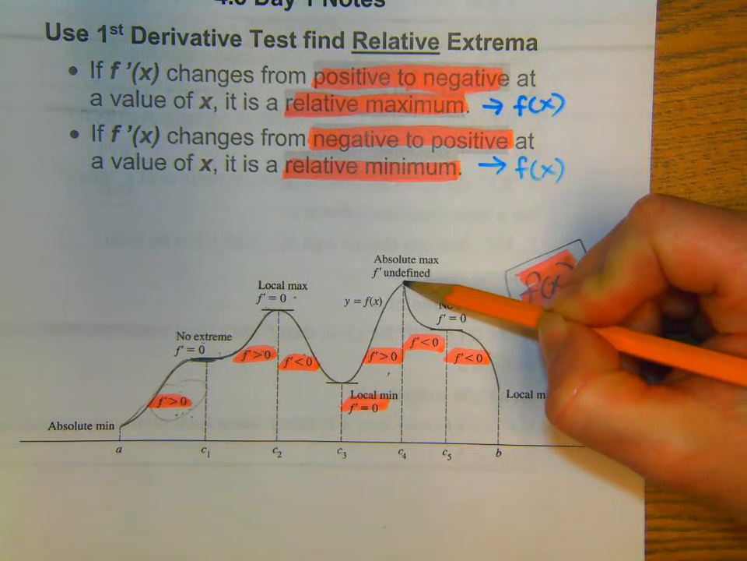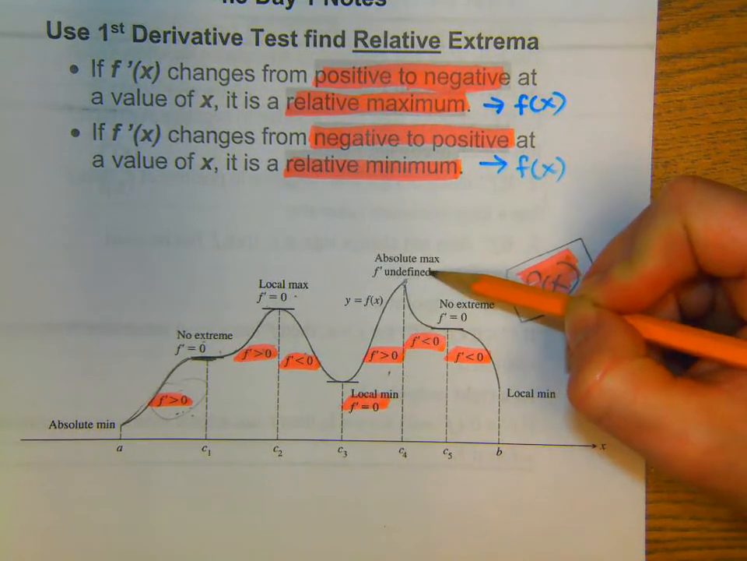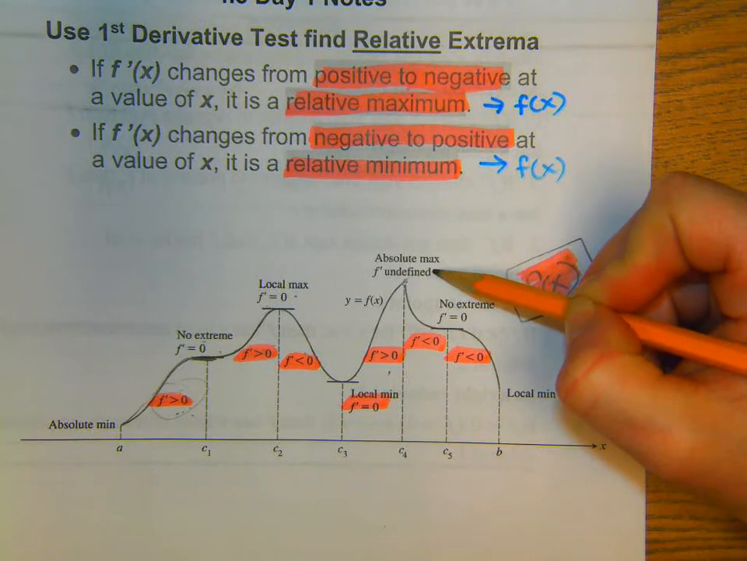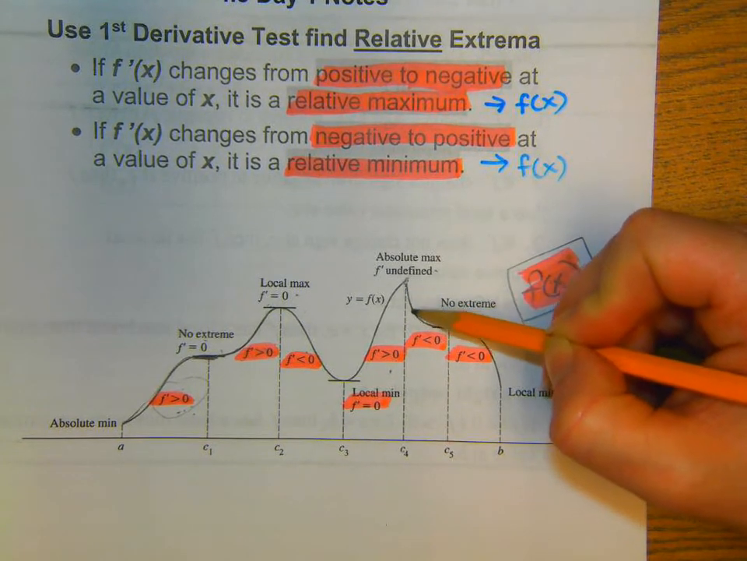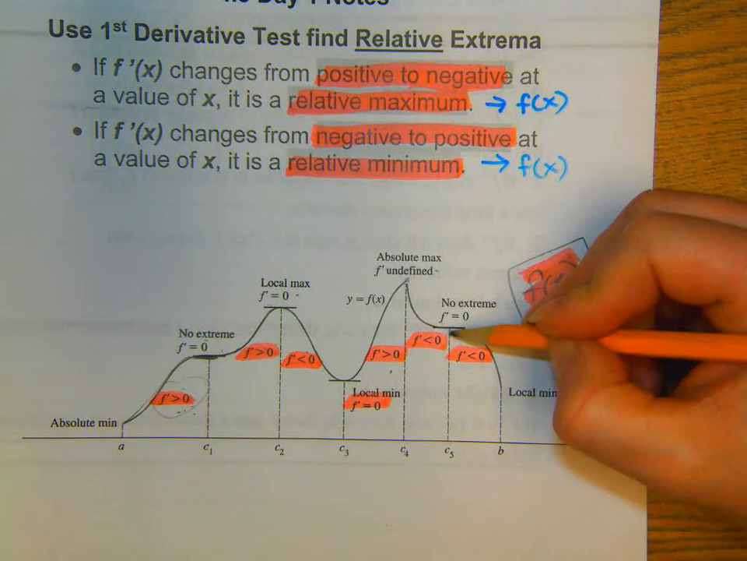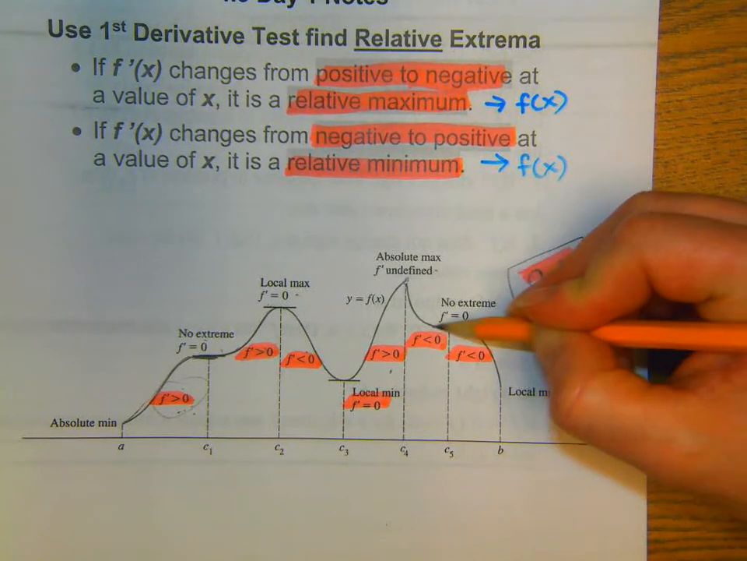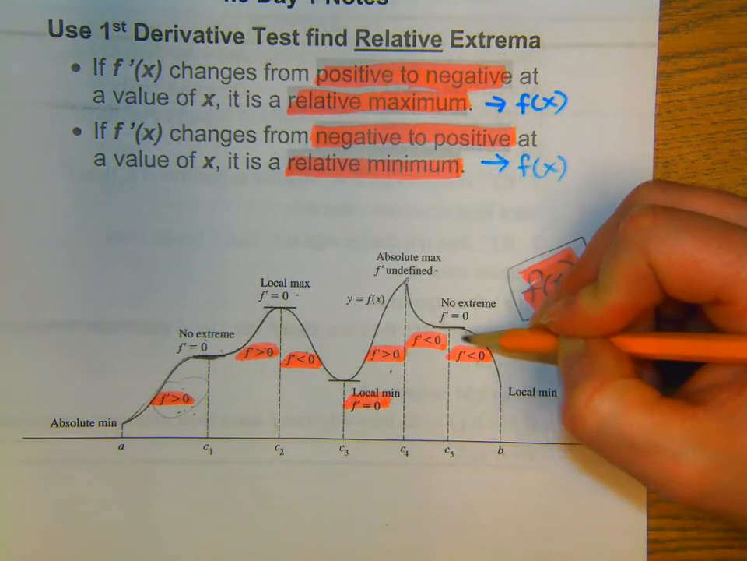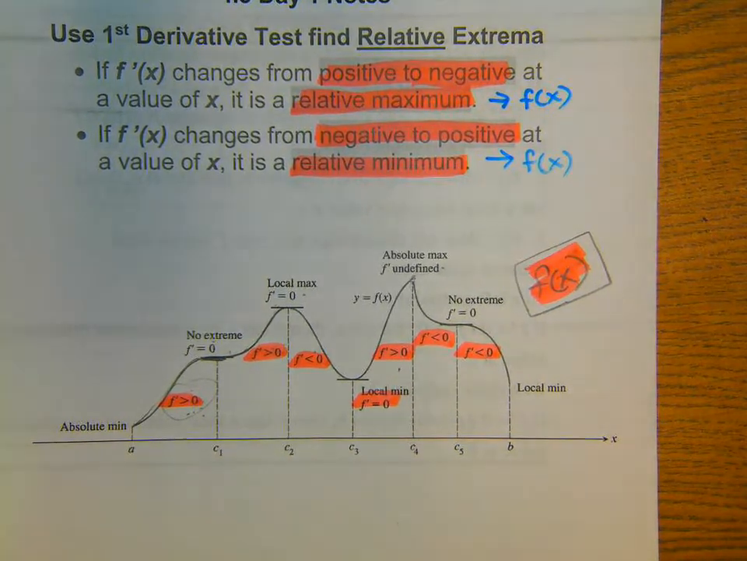Is the derivative 0 here, though? This is a cusp, isn't it? And so what we would see is that the derivative would be undefined there. Something sloping down, derivative is negative. Something 0, but there's no sign change, so it's no extrema. Okay? All right, let's take a look then at